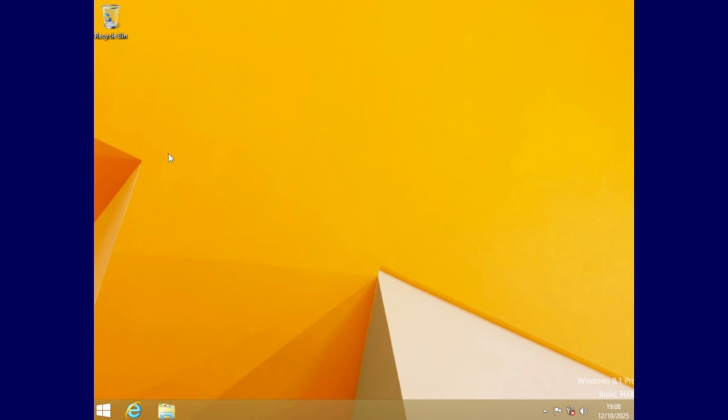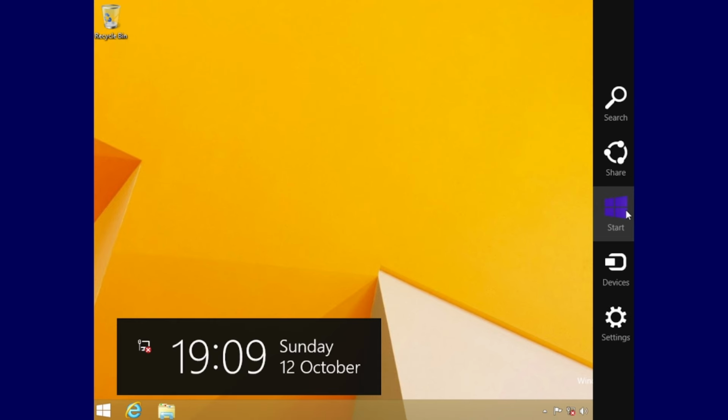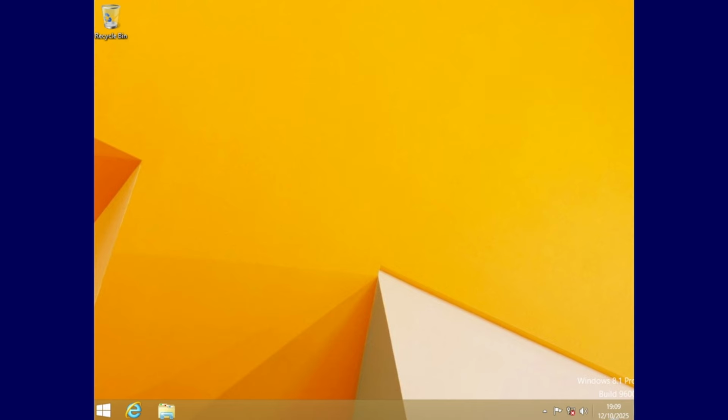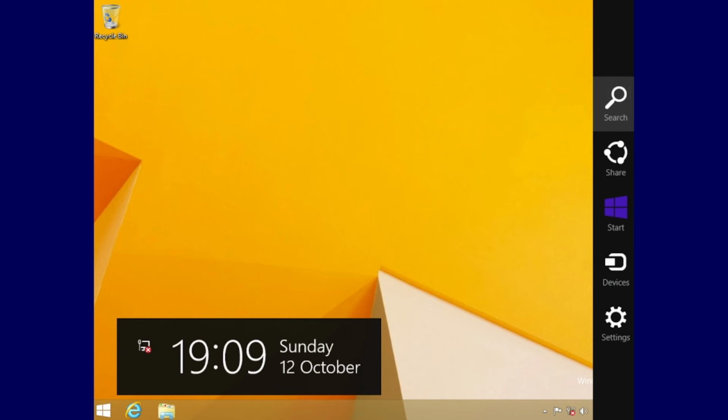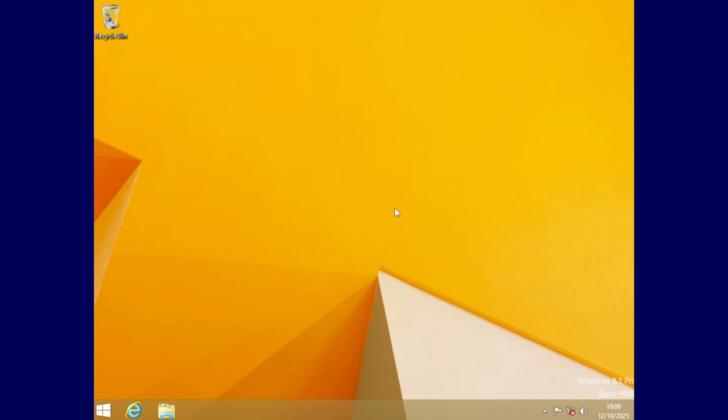I mean, there was a lot that I disliked as well. I liked the start screen. Liked the fact that you had to go to the charms bar. And liked the fact that Virtual PC did not actually work on the operating system. However, like I said, there had been applications that would bring you back the Windows 7 style start menu. And there was even workarounds for Virtual PC to get that to run. And actually, I did manage to get it running.